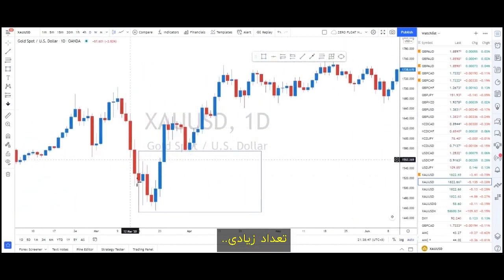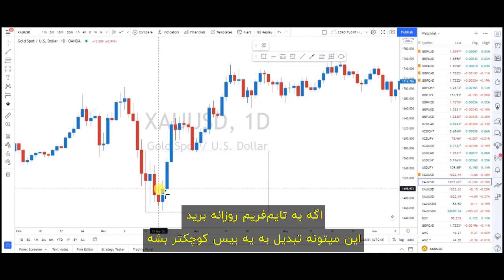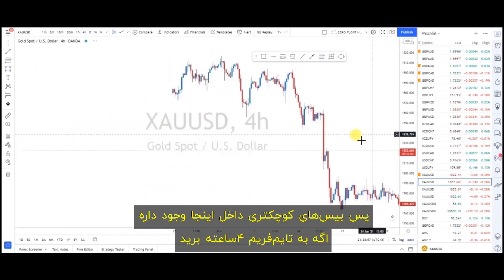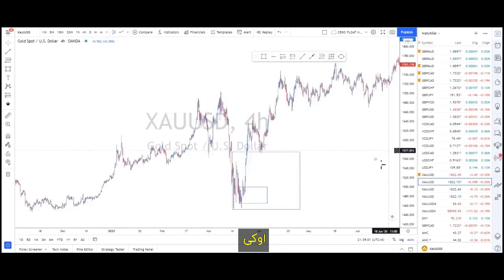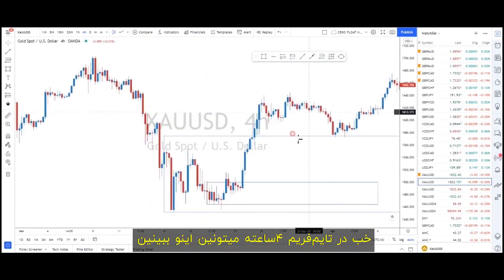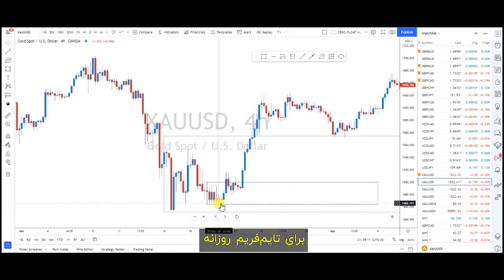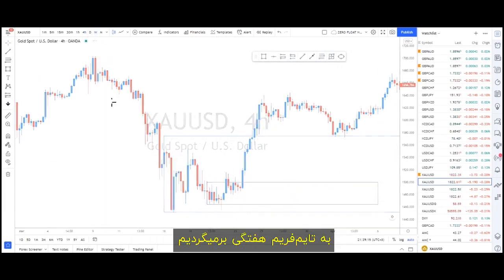There are a lot. So this is a base. If you move to the daily time frame, this can become a smaller base here. So there are smaller bases inside here. If you go to the H4 time frame, you can see there are a lot of things happening as well. On the H4 time frame, this is what we call the demand zone base, the demand zone base for the daily, and outside here is the weekly. Then we go back to the weekly,